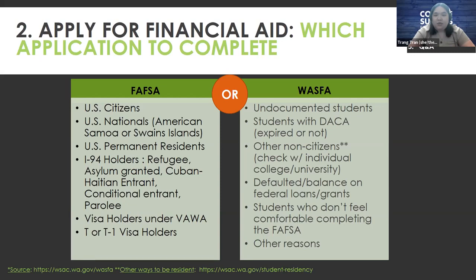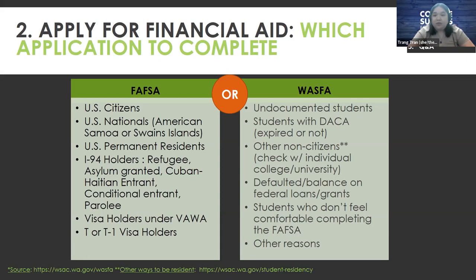Now, students who can apply for the WASFA are students who are undocumented, students with DACA, whether their status is expired or not, and other non-citizens. Students can check with their individual college or university to see if they can apply for the WASFA. Students who defaulted on federal loans or grants, meaning that they failed to pay back federal loans and grants and are no longer eligible to apply for federal aid, but still want to apply for state aid, can apply for the WASFA. And students who don't feel comfortable completing